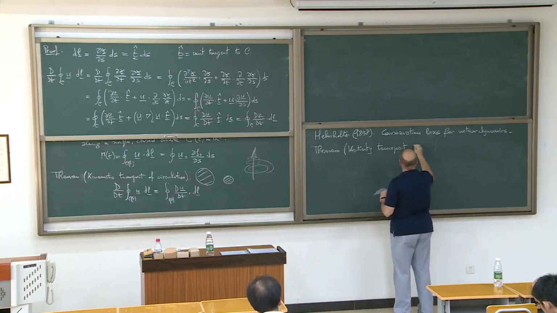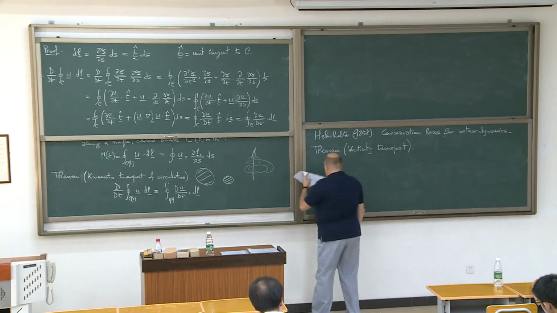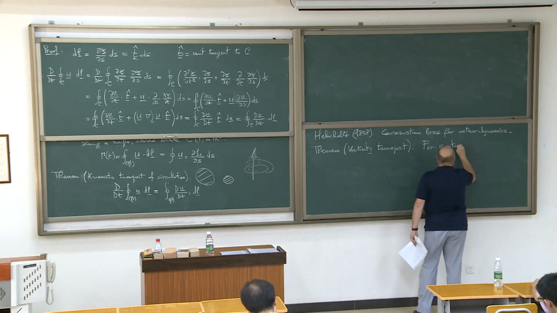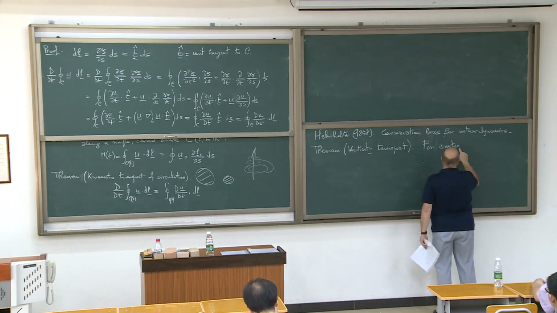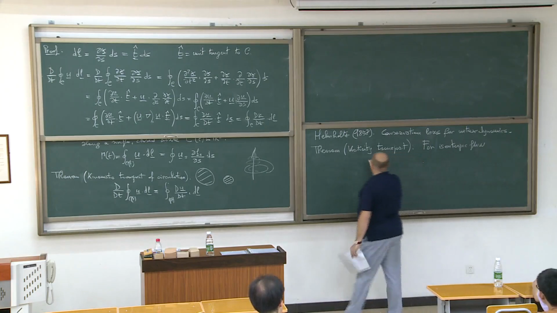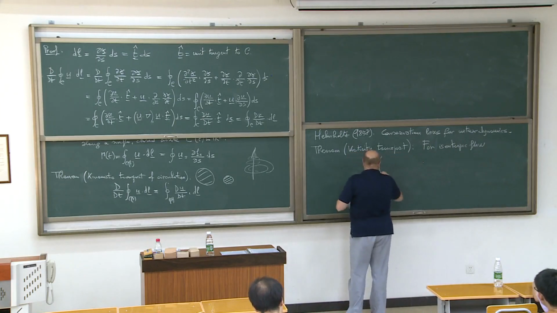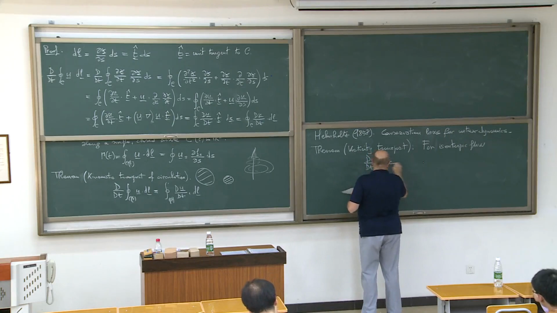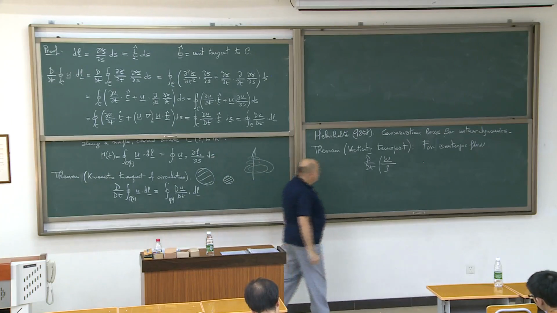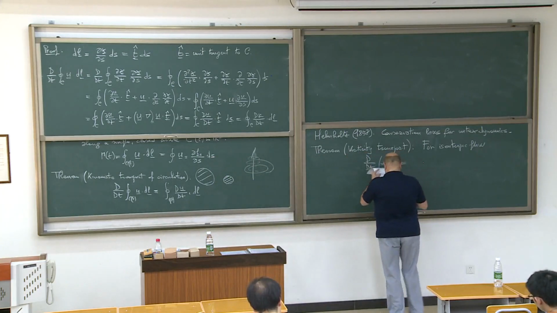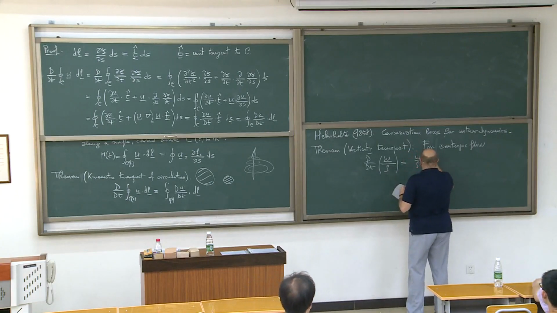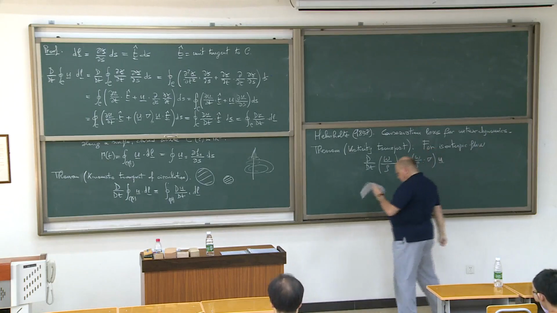Equations or theorem. And for isentropic flow, so ideal, no exchange of heat, etc., we have the following equation: d/dt of, in general, omega over rho. We can relax rho. We can say that rho is constant. But for the moment, let me write it like this. And this is just the transport of omega over rho along the grad u.